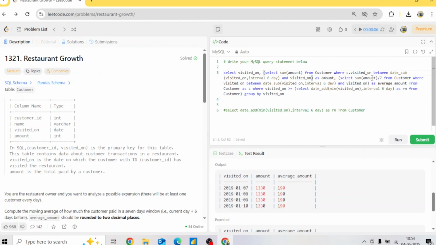So c.visited_on between the date of c.visited_on interval 6 day and c.visited_on. Okay, sorry, this will not be c dot, this will be the visited_on from this one. And similarly it is going to be the same where c.visited_on between date_c, so c.visited_on over here and c.visited_on over here as well. Now if I hit run,